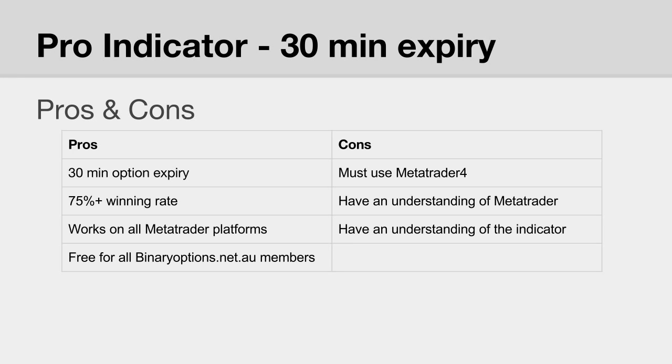The good things about the indicator is it's targeted for 30-minute option expiries. This is the only option you should be using with this indicator. It has a proven win rate of over 75% and higher. It works on all MetaTrader platforms, also on all operating systems being Mac and PC, and it's free for all